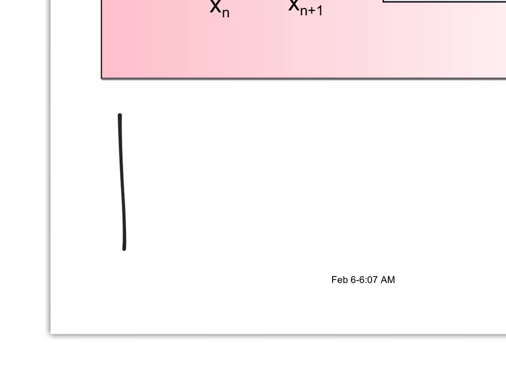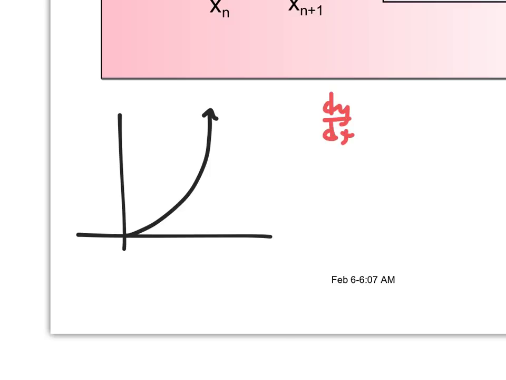So let's say I have some function, and I don't know what the function is, but I do know that its derivative is 2x. Okay, so let's say I know one point. One point is 1, 1. And I'm trying to figure out or get as close as I can to another point, 3, comma, question mark. Okay, I want to estimate what that question mark would be